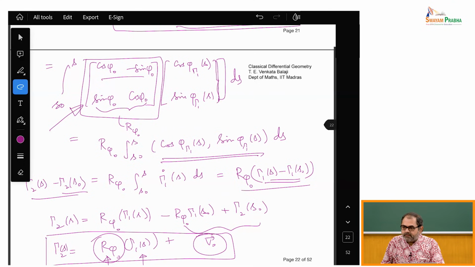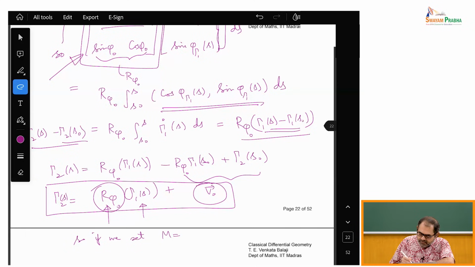Any rotation for that matter will be orientation preserving, okay, except that if the angle is negative, then it will become a clockwise rotation. If the angle is positive, it will be an anti-clockwise rotation, okay. So therefore moral of the story is, if we set